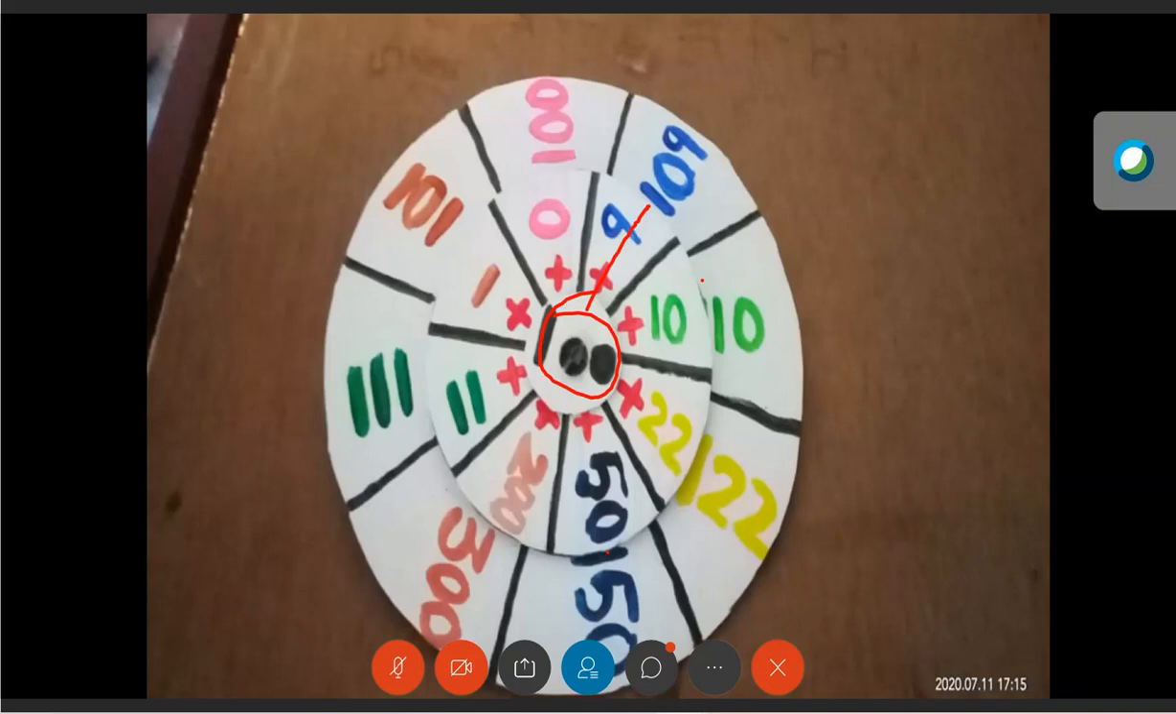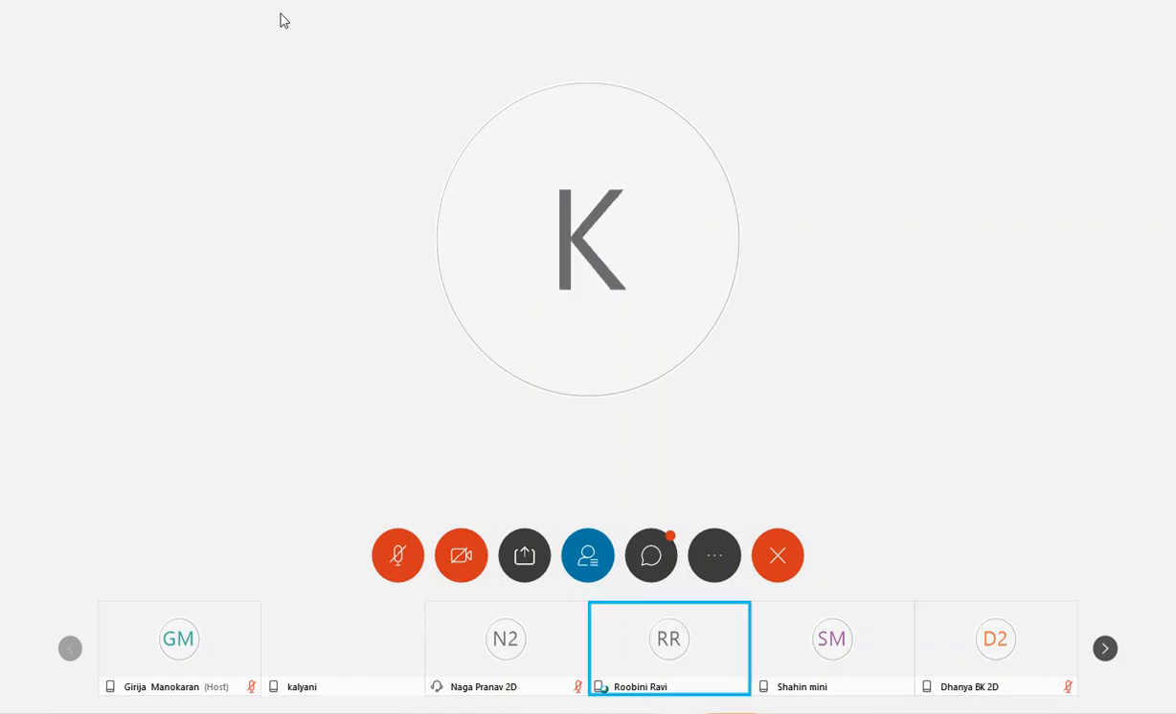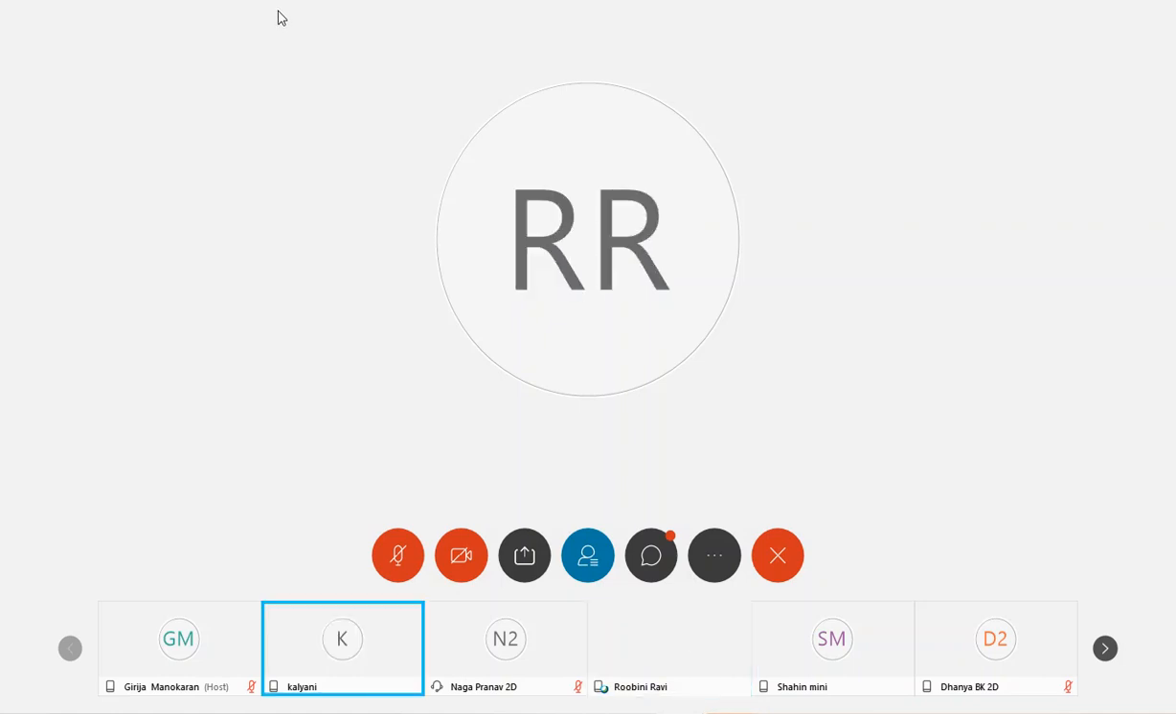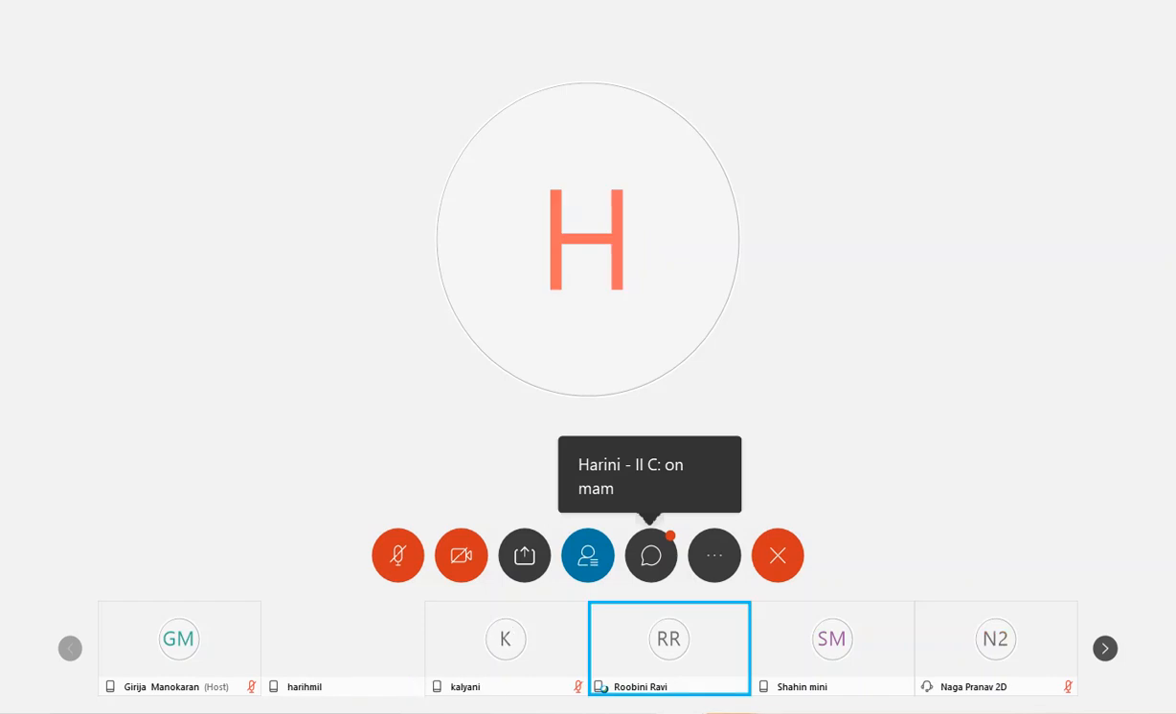So, children, I hope you all enjoyed the class. Practice well and do your class works and workbook. Any doubt? Any doubt? You want to do this activity? Yes, we'll send you the photo and